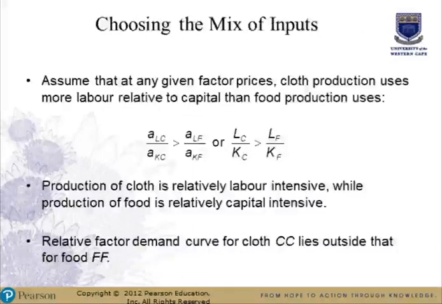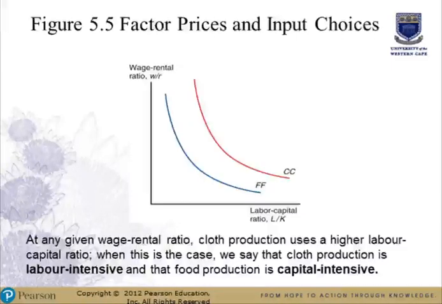Figure 5.5 illustrates the relationship between the wage-rental ratio and the labor-capital ratio in the production of cloth and food. This diagram is drawn based on the assumption that cloth production uses more labor relative to capital than food production, as indicated by the outward shifted CC curve. Based on this, we can say the production of cloth is relatively labor intensive, whilst the production of food is